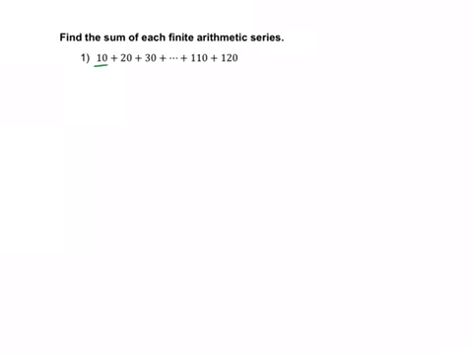If I add the first term and the last term, that adds to 130, right? If I add the second one and the third one is 130, right? We know that that previous one right here is 100, so if I add that one and this one, that's 130 also, right? So if you can see on an arithmetic sequence, when you add the last two, then the two previous to those, and so on, they're going to add to the same exact number, right? So on an arithmetic series, that number is going to repeat